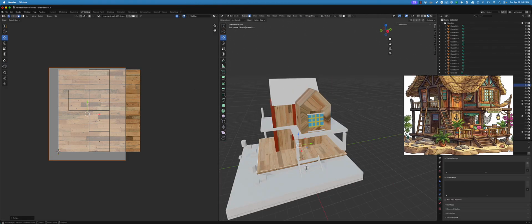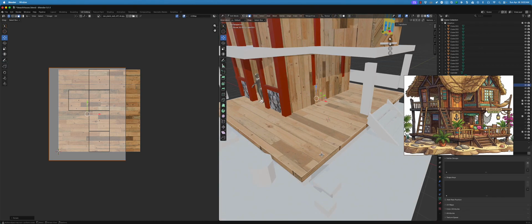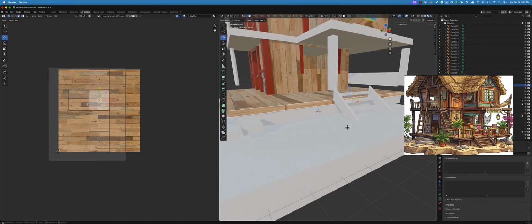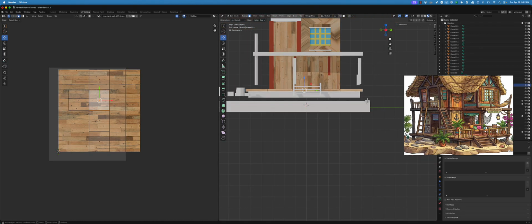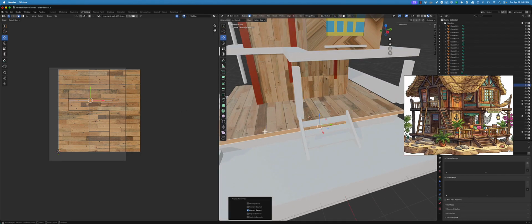Same thing here, grab these edges and do your best to sort of map, right? So if we planar project from view that, right? Here I'm gonna hit S to scale this and then R 90, R 90. G, if you line it up,